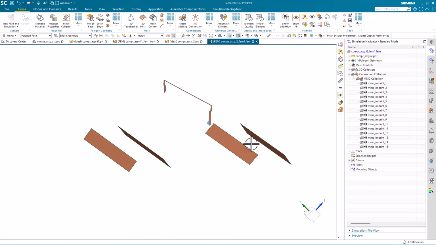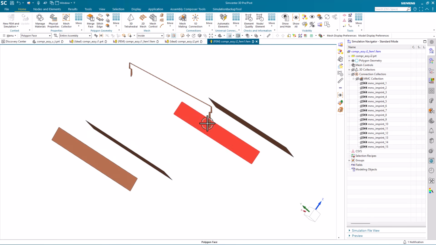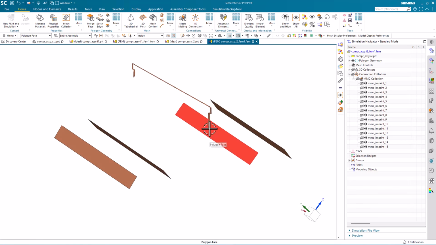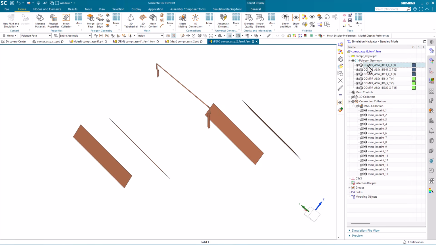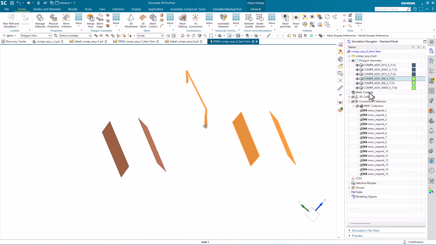Now I get an imprint in a mesh mating condition where those 2 blade solid bodies are intersecting one another. So this is maybe not necessarily a good thing. I've got a sliver condition created here where these faces are now shared between the 2 solid bodies. So I once again focus on the 2 solid bodies as the blades. It's going to be the first 2. So I'll hide this one, and then